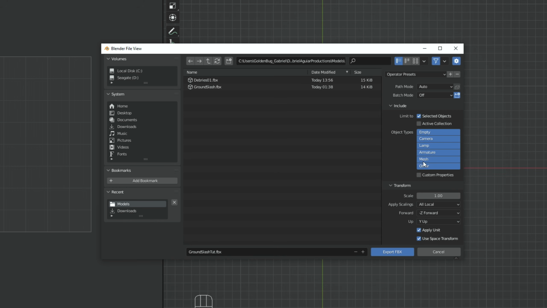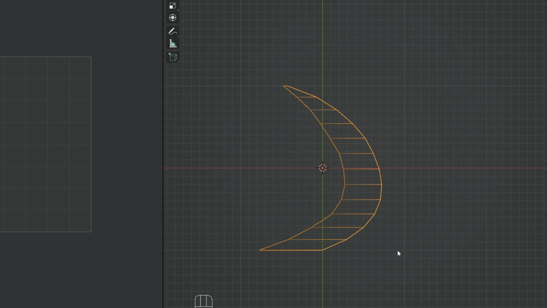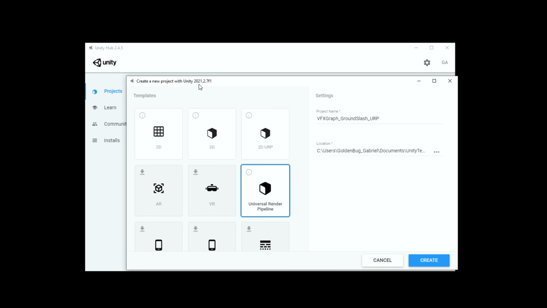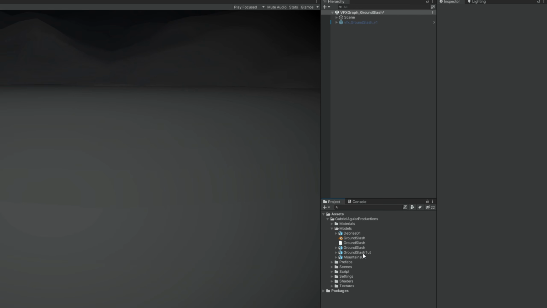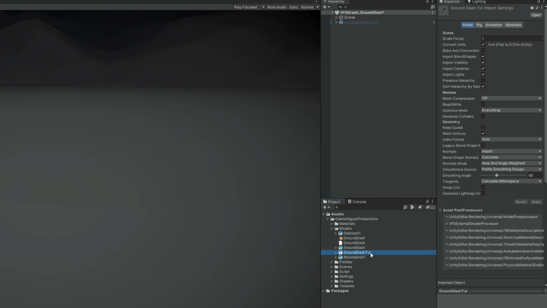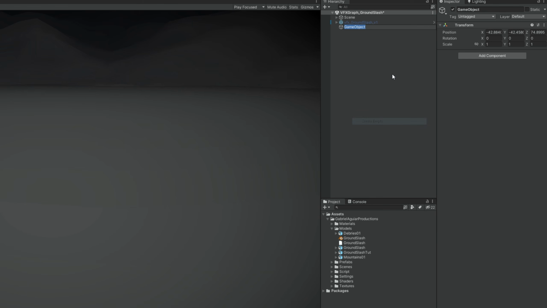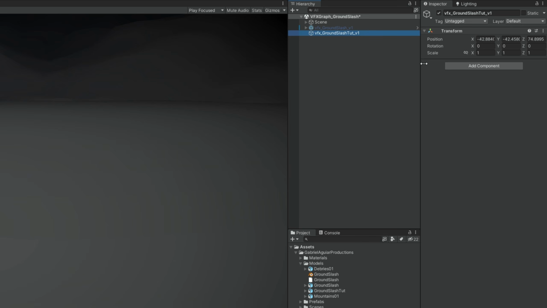From there, if we go back to our Unity project, and this project was created with Unity 2021.2.7 in the Universal Render Pipeline, all we gotta do now is select the mesh, and in the scale factor let's increase it to 100, because Blender by default exports this in a really small size. You can press apply down here, and to build this effect we are going to need an empty game object, so let's go ahead and create one. Make sure you reset the transform,